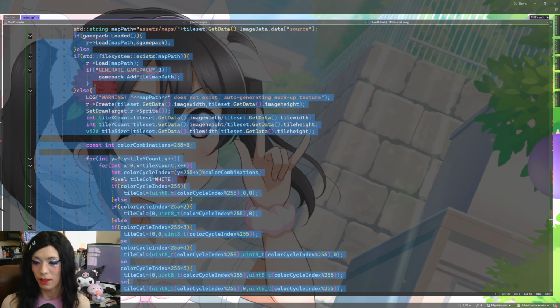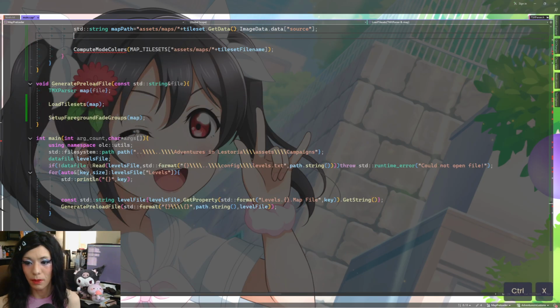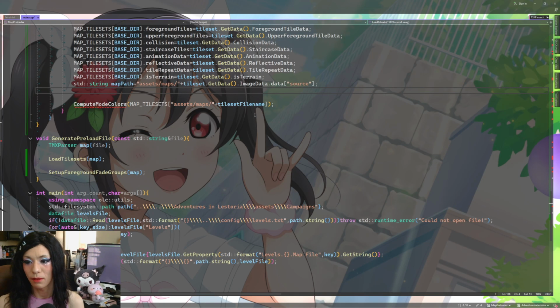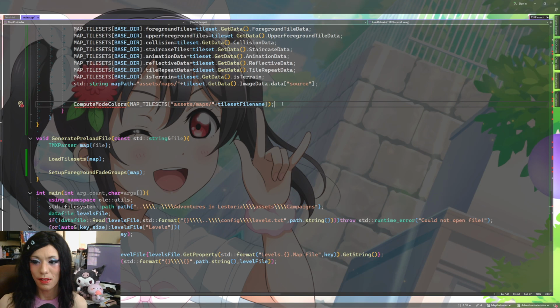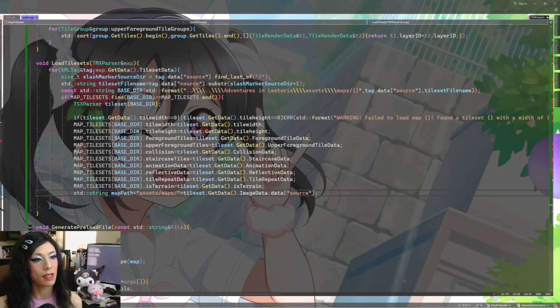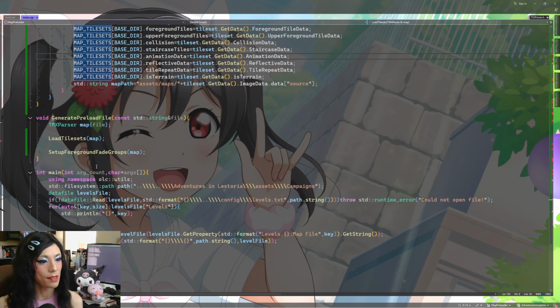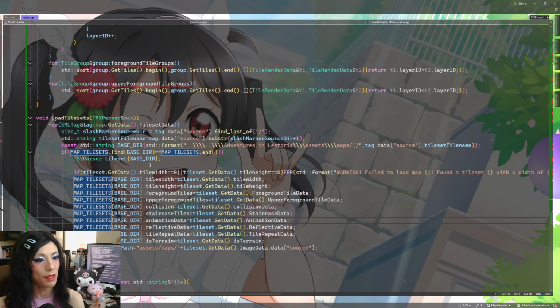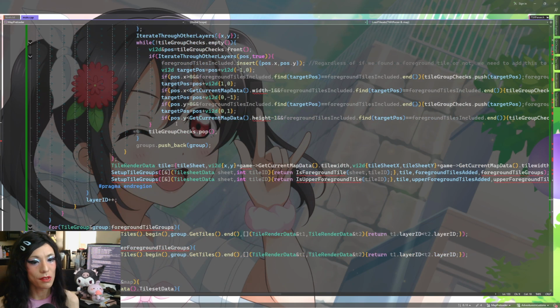I was thinking if we should pre-render the mini-maps and stuff, but that's pretty cheap. It's just manipulating some pixels on a texture and then uploading that texture to the GPU. This in turn is not very hard to do, so this is the initial data we need for load tilesets. It just brings all of the tilesets into map_tilesets. So now we can expect that after a call to load tilesets, this will be populated, and it will keep populating as we load up more files. Now there is more to do up here,